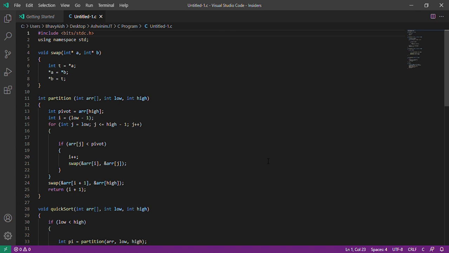For the pseudocode, we adopt the method given in CLRS book. The logic is simple. We start from the leftmost element and keep track of the index of smaller or equal elements as i while traversing. If we find a smaller element, we swap the current element with array[i], otherwise we ignore the current element.